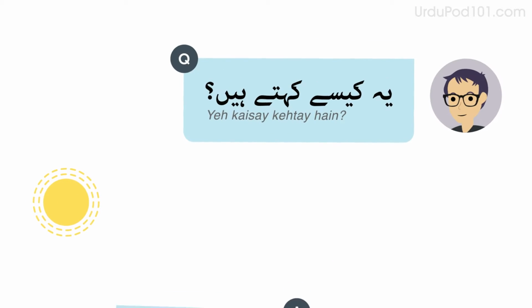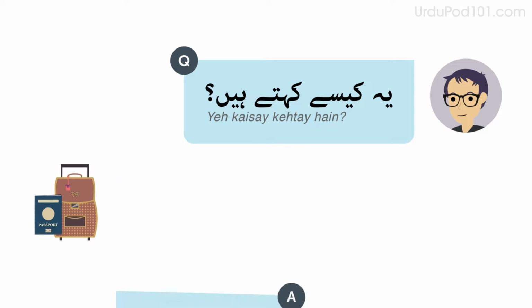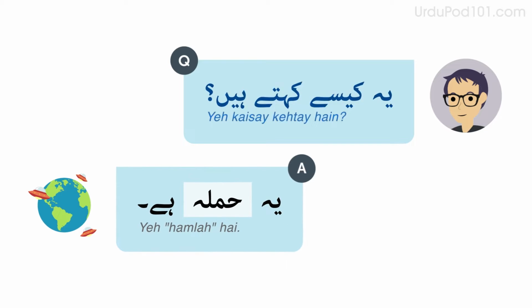Let's look at some examples. Listen and repeat or speak along with the native speakers. ये कैसे कहते हैं? ये सुबह है। ये कैसे कहते हैं? ये सफर है। ये कैसे कहते हैं? ये हमला है।